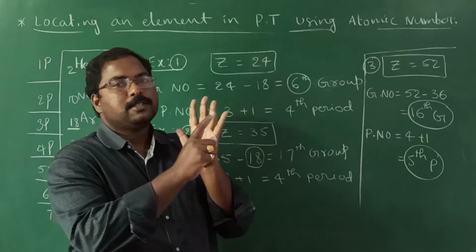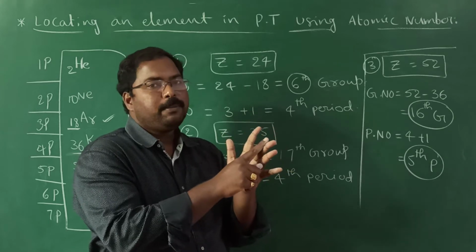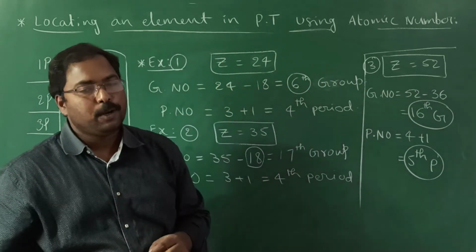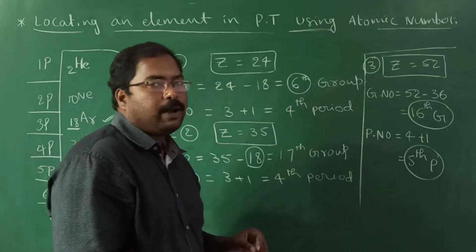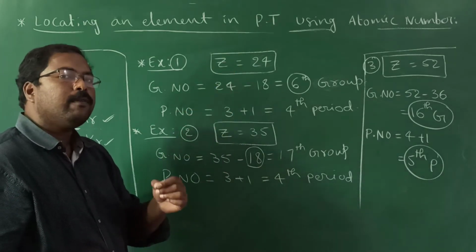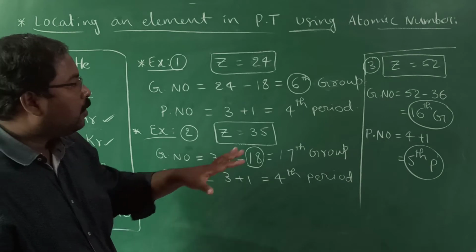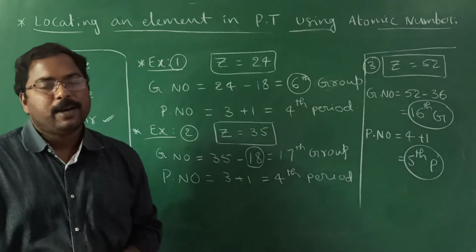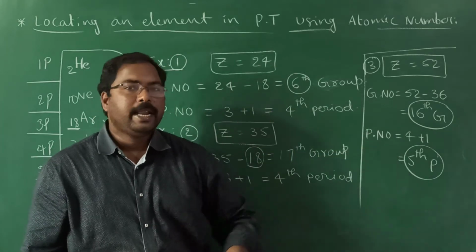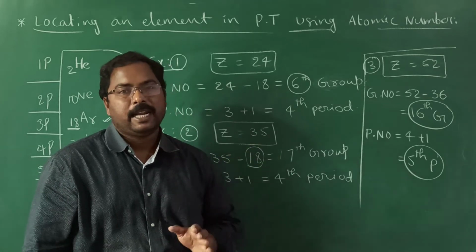Oxygen belongs to the 2nd period. Oxygen, sulfur, selenium, tellurium. So this is the atomic number of the element tellurium. Like that we can find the exact location of an element. Or if you learn the elements in a group, you can even find the symbol of an element. But whatever trick I gave will work for atomic numbers more than 18, because below 18 you know it, and after 18 onwards till 56 or 57 it will work easily.